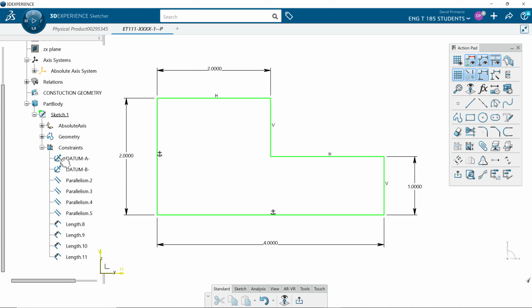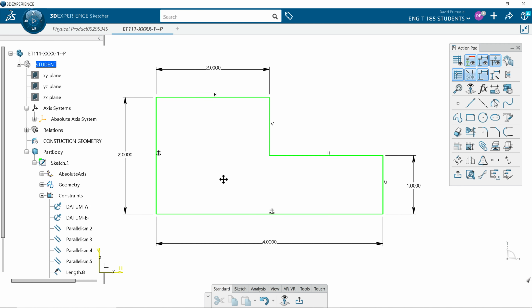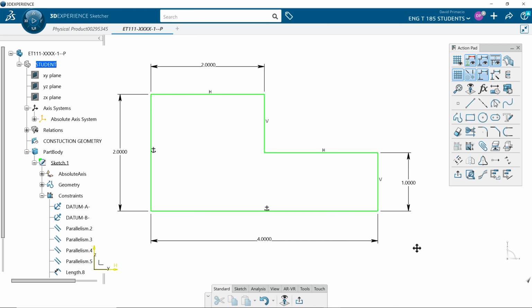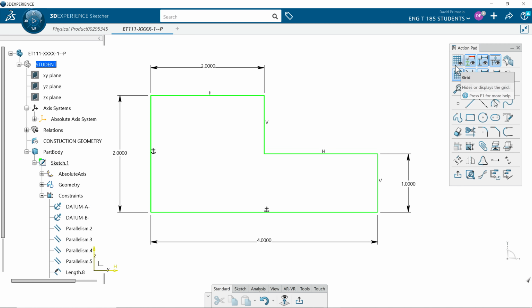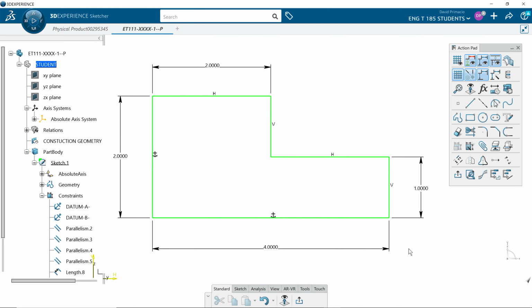When I expand this, now my datums are up there. So I want to get a picture that looks just like this with your part number, your student name, and I want to see your datums being renamed. And I'll see the anchors here in the tree, and I'll see this is green. To make a cleaner picture, you could turn that grid off. I just think it's a little busy with the grid on, but if you did have the grid on, that would be acceptable, okay? All right, that's what I'm looking for in one of the pictures